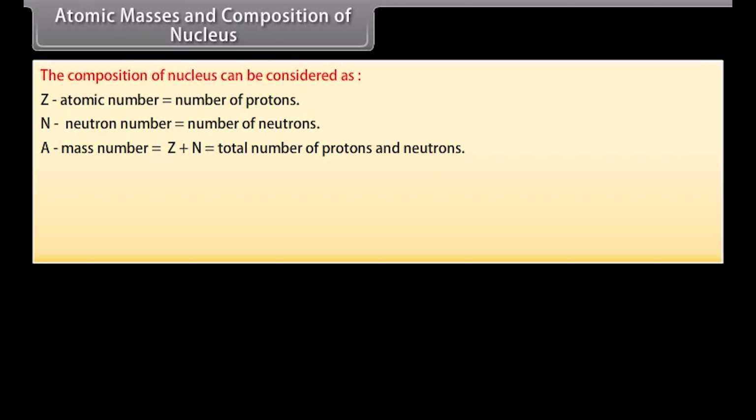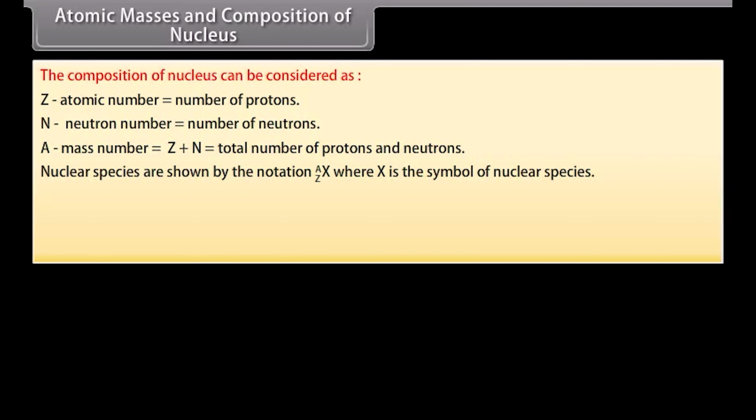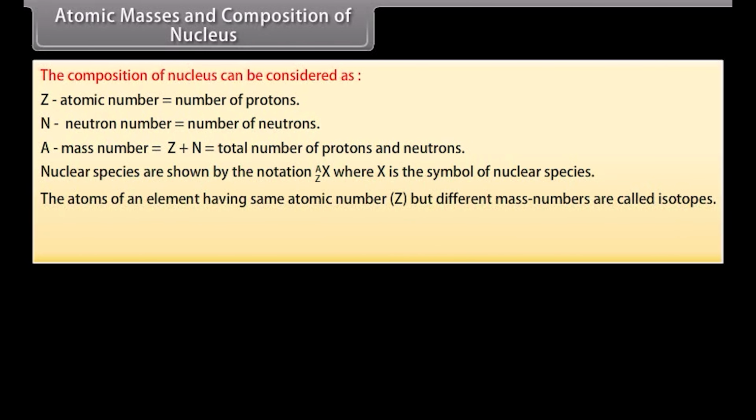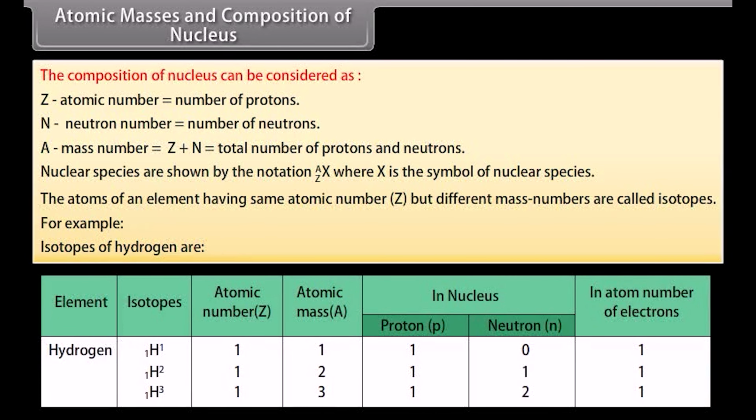Nuclear species are shown by the notation, where X is the symbol of nuclear species. The atoms of an element having the same atomic number, that is Z, but different mass numbers are called isotopes. For example, isotopes of hydrogen are: